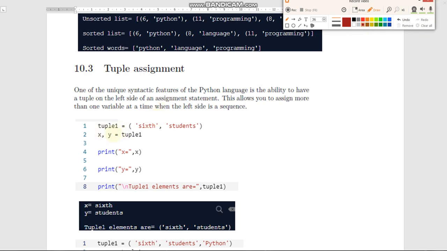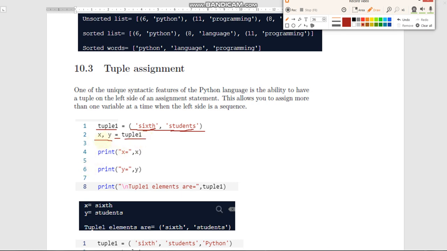See here the example: we have declared one tuple variable which is initialized with two elements. So it is a tuple of strings. The first element is the string 6th and the second element is the string students. Now see how we have assigned. For this assignment operator, on the right side we have taken tuple 1 and on the left side we have taken two variables.